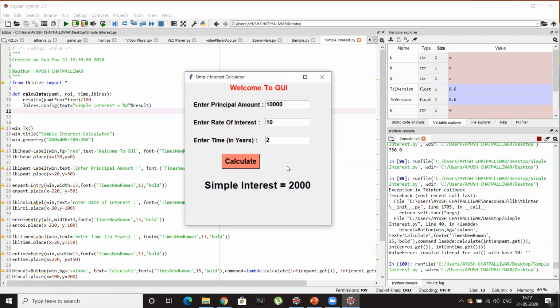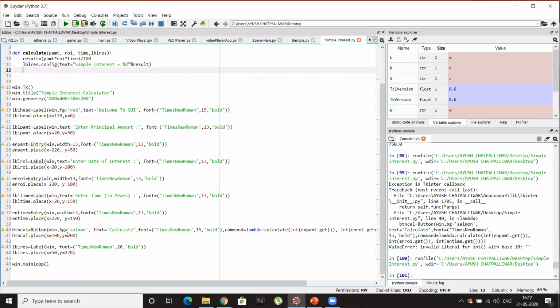So what I want is I'll give another button, a clear button here. On the click of that clear button, all the text fields in this GUI will get blank, meaning it will be blank, blank, and blank. Meaning on the click of that single button, all the three input boxes will be blank so that the user can enter other values. So let's give that clear button.